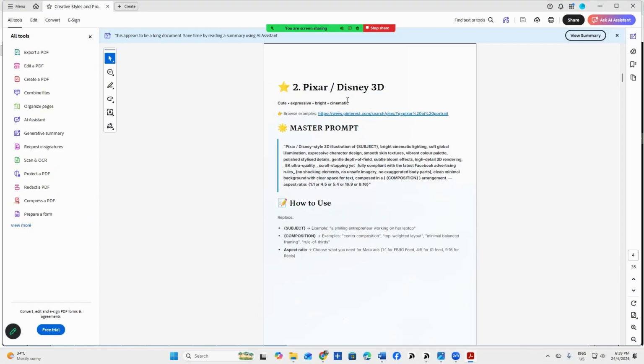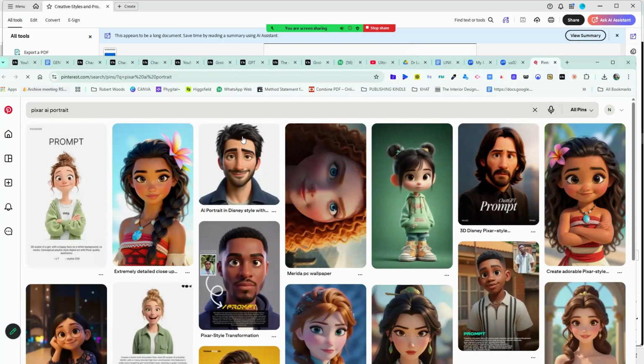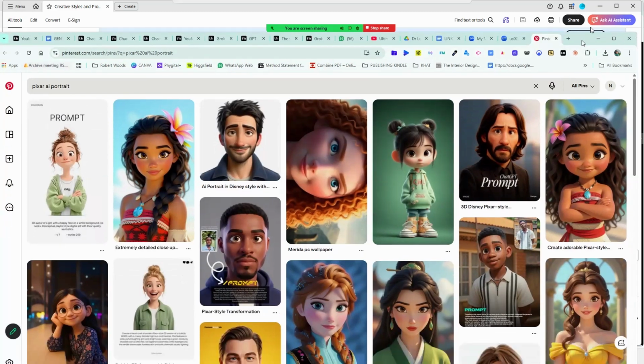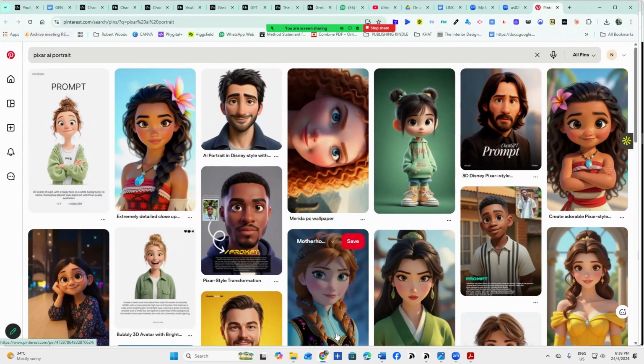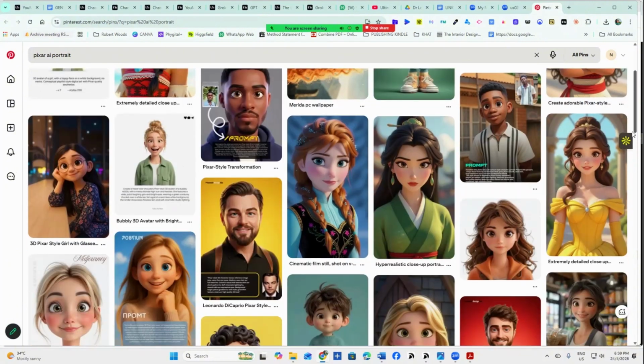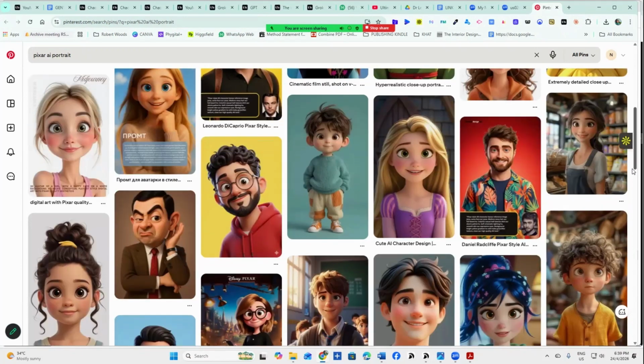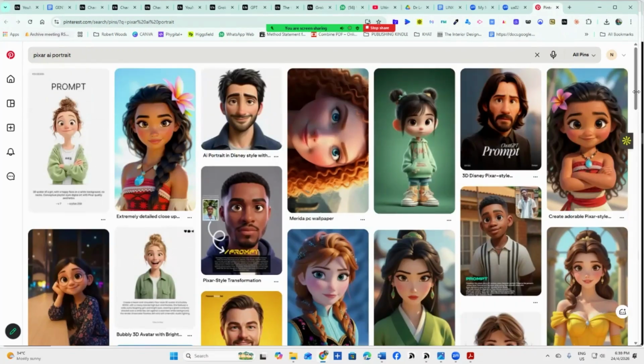So this is Pixar. What is Pixar like? This is Pixar, more like a 3D thing. Okay. Some people, they don't want to show themselves. So you can create yourself into this by training with your image and say, create this for me. So it becomes your own signature, your own brand, and nobody can copy this.